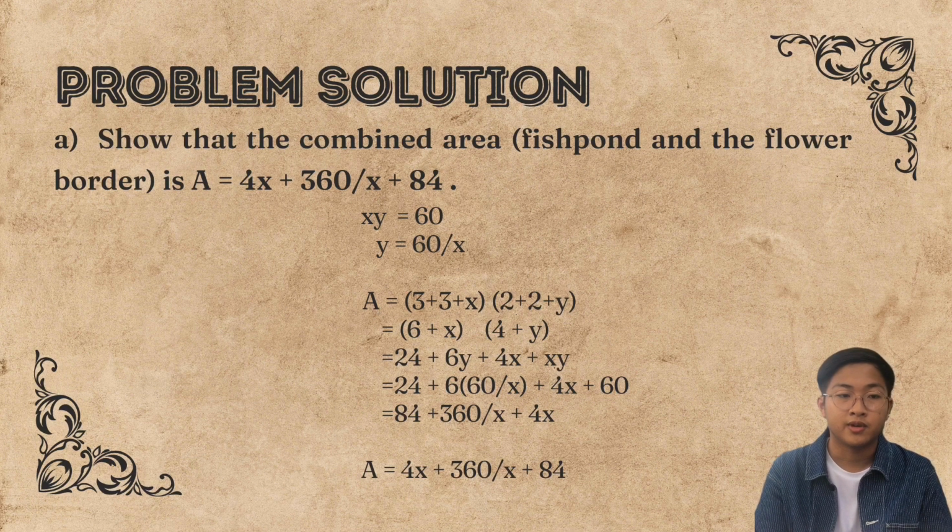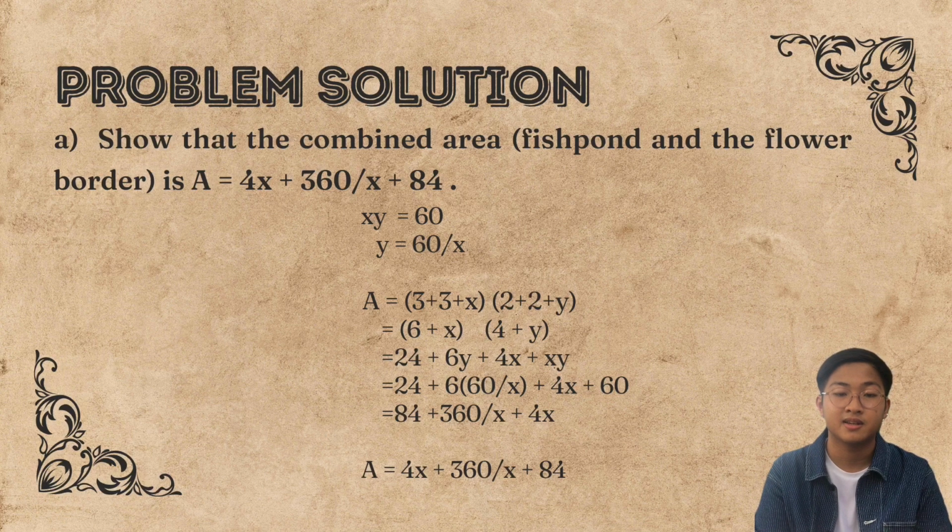Okay, for the first question, show that the combined area, which is the fish pond and the flower border, is A equal to 4x plus 360 over x plus 84. We use xy equal to 60, and from that we get y equal to 60 over x. From that, we will substitute the value of y in A, which is A equal to